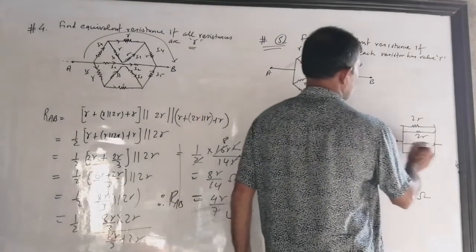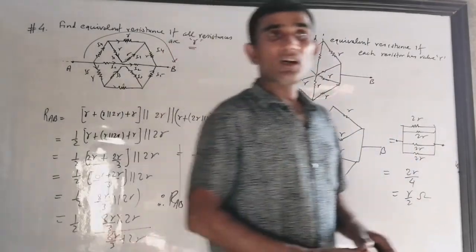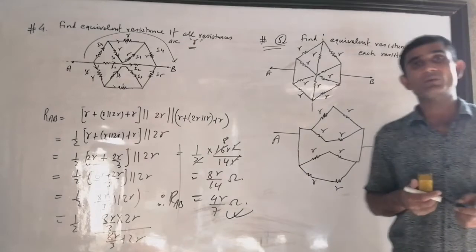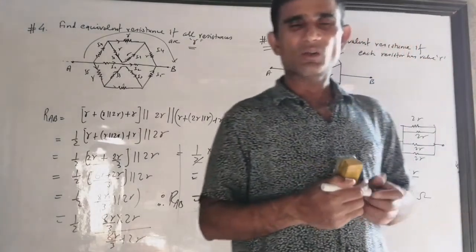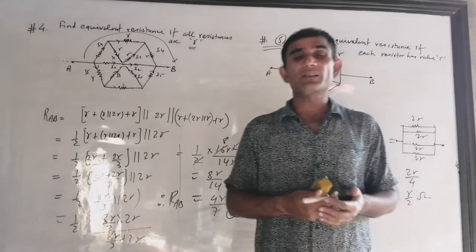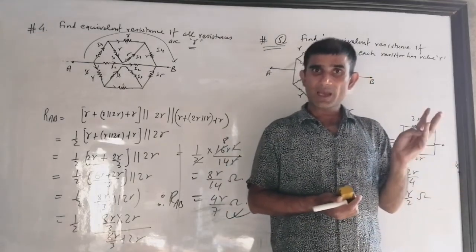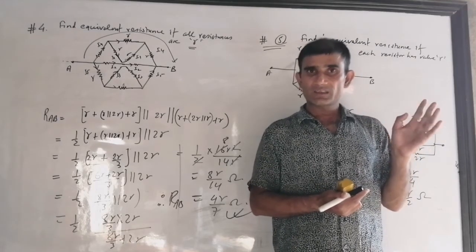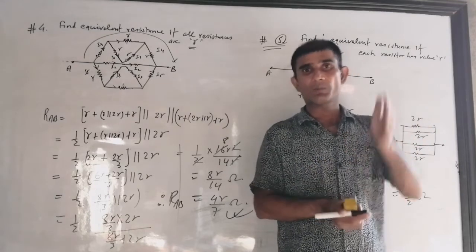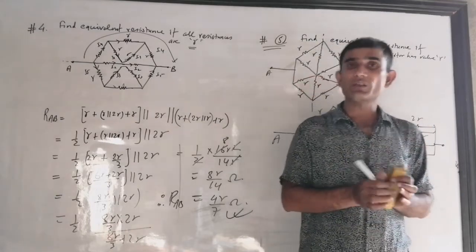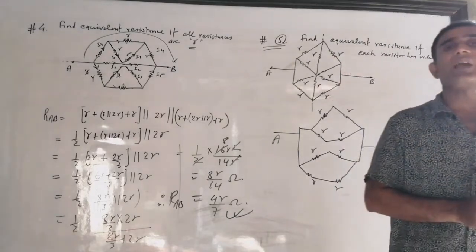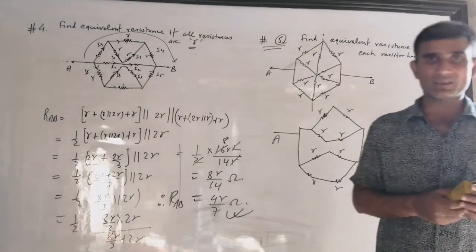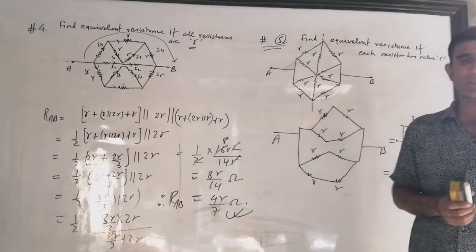Okay, and that was also very easy. So tell me, after learning this technique, do you know these methods to solve the questions? If this question comes in front of you, not exactly the same but of the same type, then first you find out whether it is parallel or series, that is the first step. If it is not, then you move to checking the symmetry. See if it is symmetric left side to right side, or up and down, and then decide whether you are going to use mirror symmetry or folding symmetry, whichever you feel comfortable with. Okay, I always try to make you understand, and I think you are getting it.